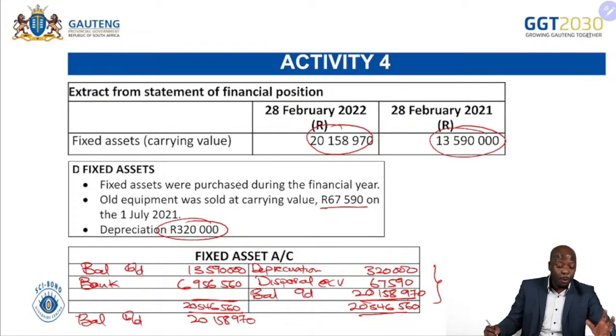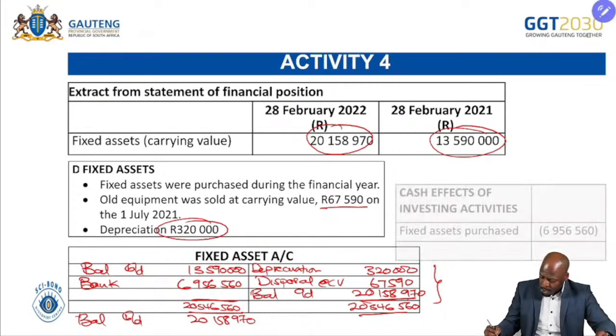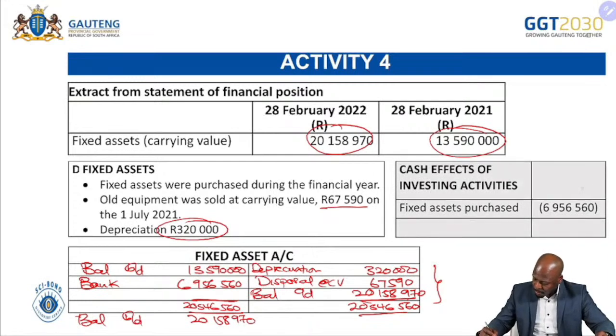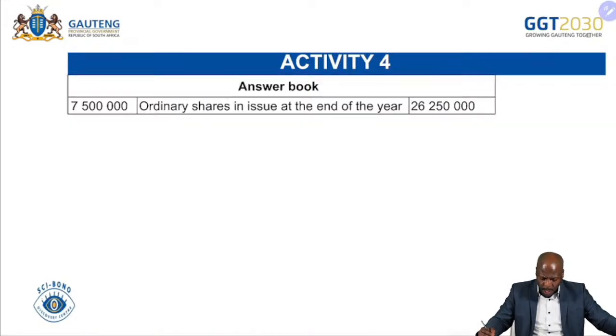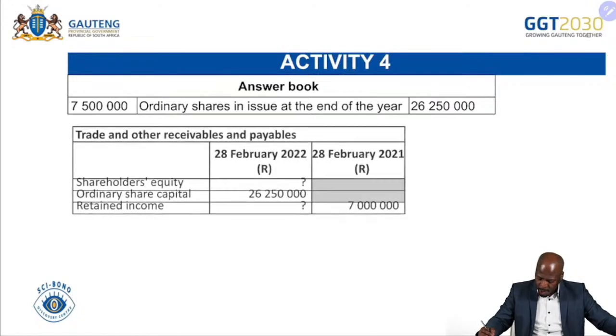I know some of you also know how to do the note number 3 calculation in this regard. Okay, so here it is, fixed assets purchased, 6,956,560. Of course, you're going to bring your fixed deposits matured and aspects like that. I just wanted to extract from the Gauteng prelim aspects that I know might be of challenge. Okay, so let's quickly go on to the next aspect, and the next aspect is going to be a calculation